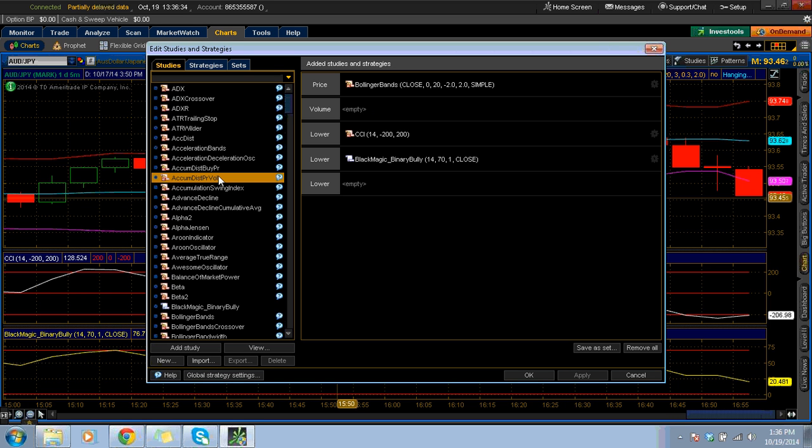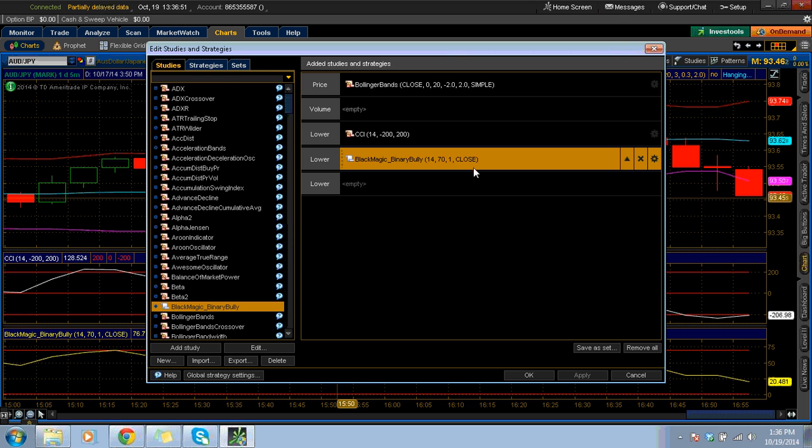And then you'll click in here, and you should have the Blackmagic binary bully, and then Add Study, okay, if it's not there. It's very important to make sure that you have that. And for the Blackmagic, I'm going to suggest